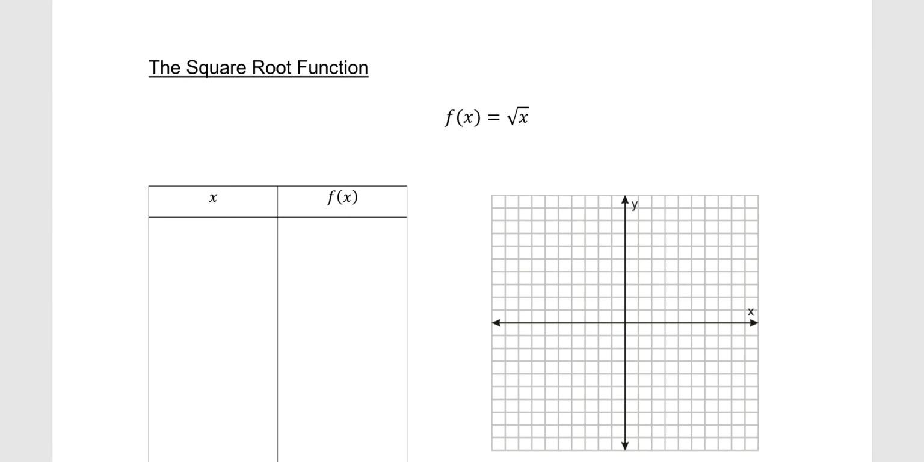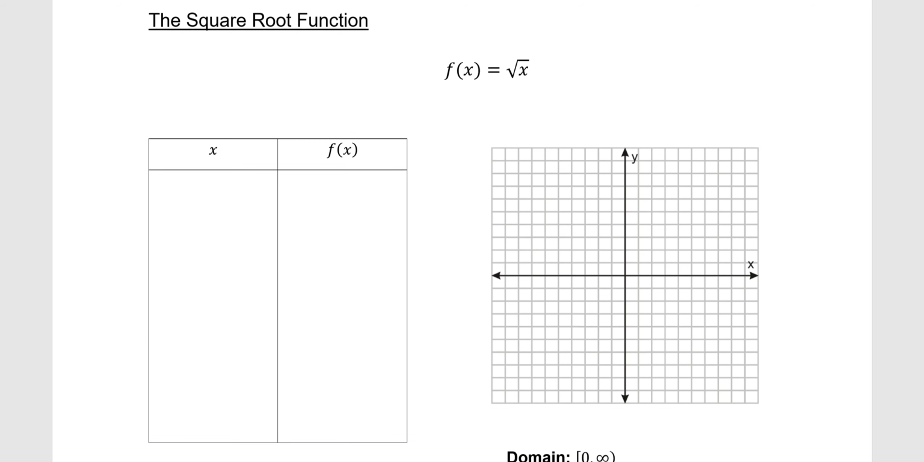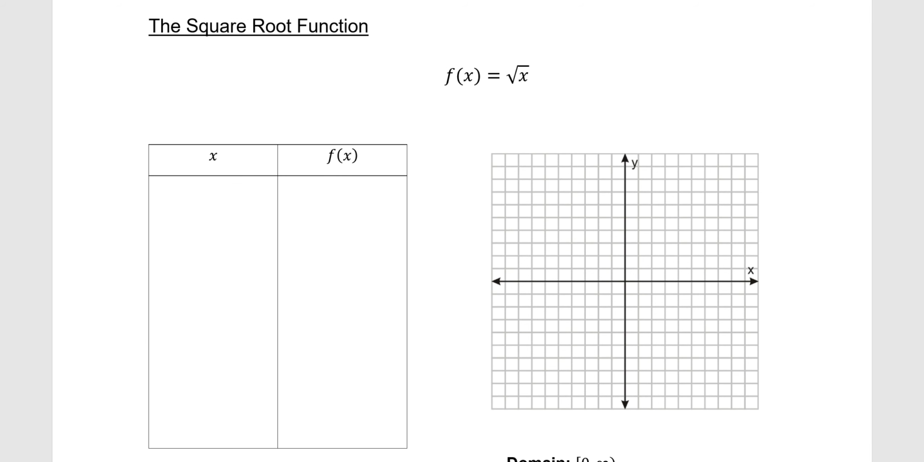Okay, and next one, square root function. The square root function is f of x equals the square root of x. So picking a couple points to plug in, I'm going to plug in 0, 1, 4, and 9. I'm plugging these in on purpose because, first of all, we can't plug in negative values into the square root function, and I'm picking values that are going to give us nice whole numbers out. So starting with 0, f of 0,